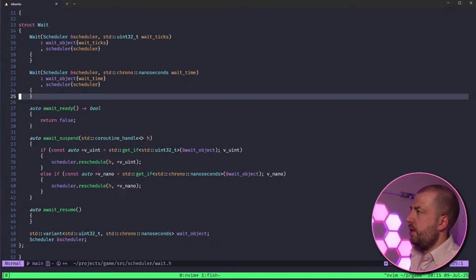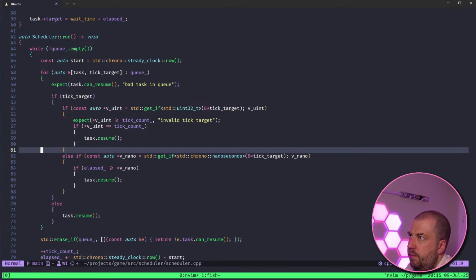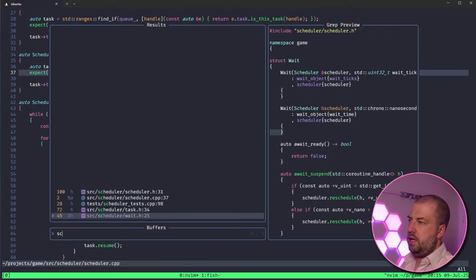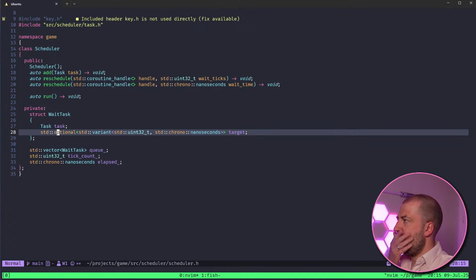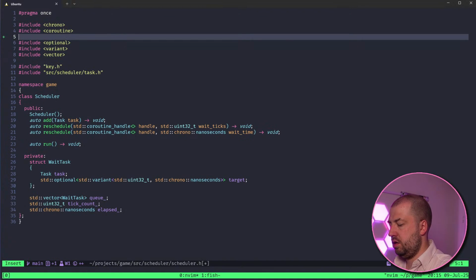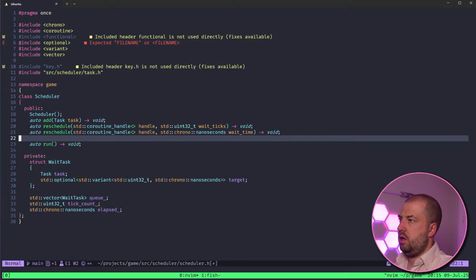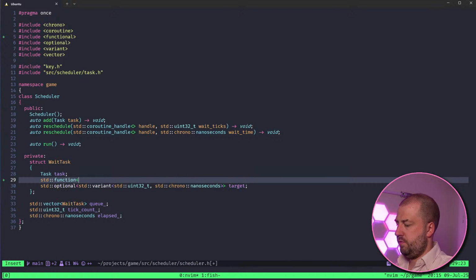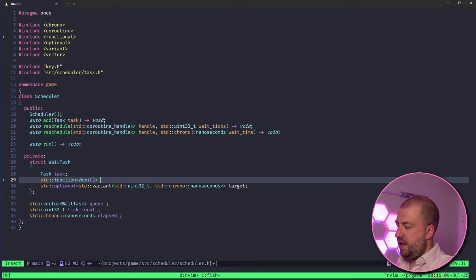Actually, I'm wondering if it's worth refactoring the variant first, because really, this wait task here, this should just be something like that.